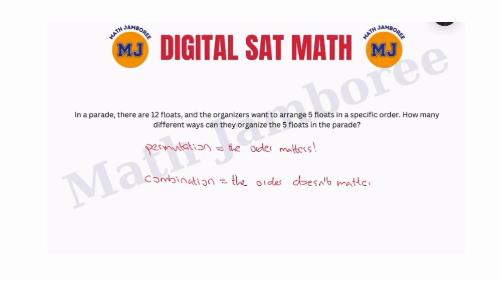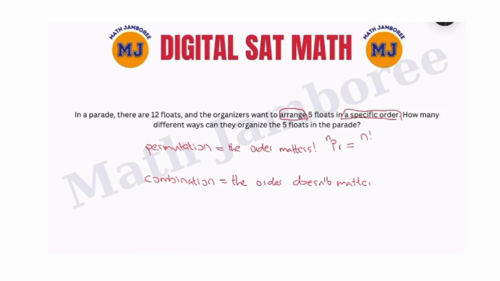Now let's look at it and see if that is a permutation or a combination question. It says arrange, which is already a keyword, but there's a more specific phrase in it. It says 5 floats in a specific order. That means the order does matter in this question. So we're gonna use the permutation formula, which is like this: